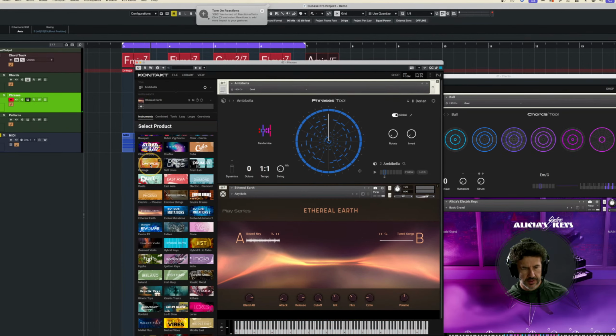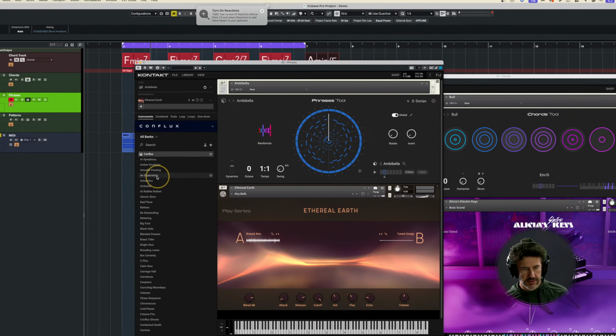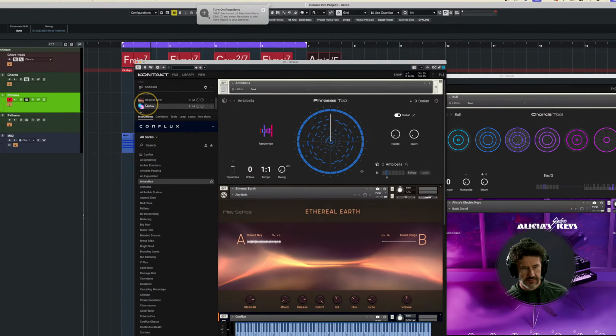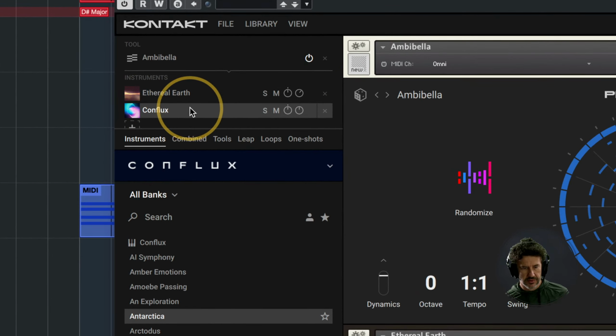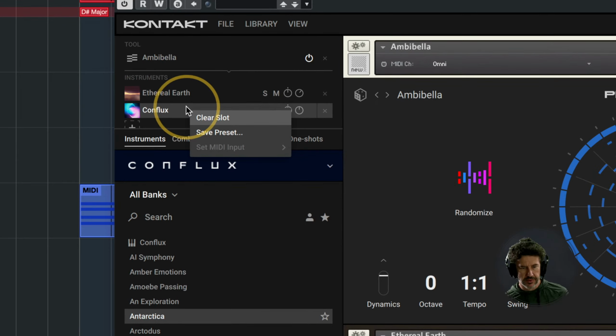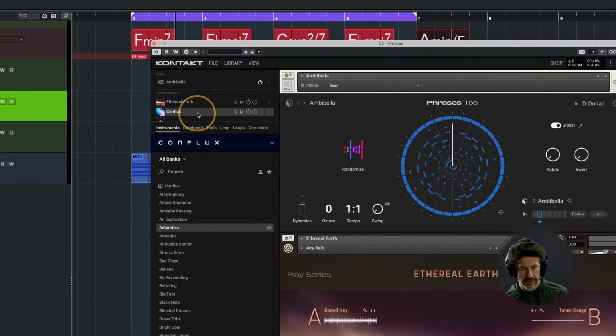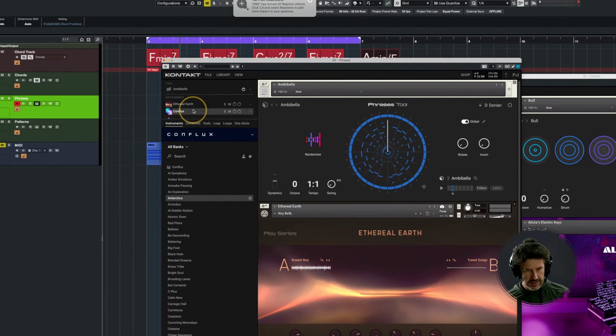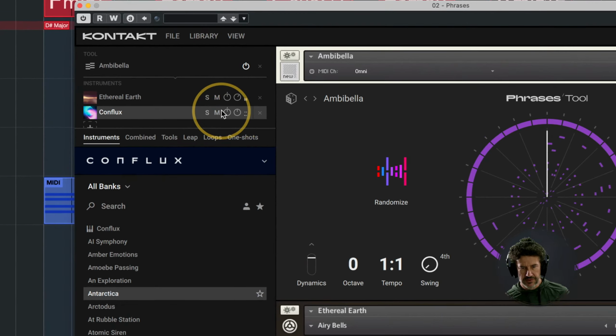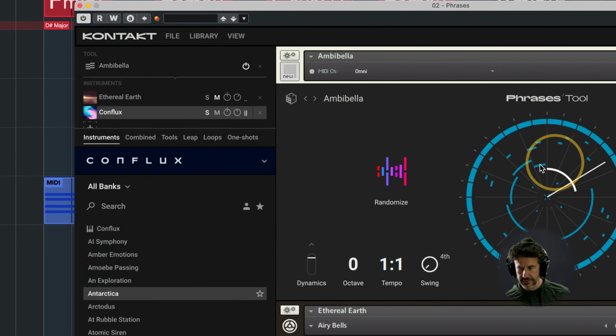Oops, I didn't mean to do that quite. Let's go Ethereal Earth, and let's go with Conflux. I don't know this instrument very well, but now we have 2 layers, and they're both set to the MIDI input of Omni is what I meant. So you can see if you wanted to hear just one, I could just solo Conflux. Now I'm hearing this pattern played through Conflux. If I solo Ethereal Earth,